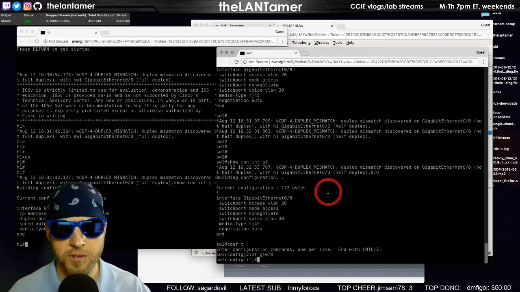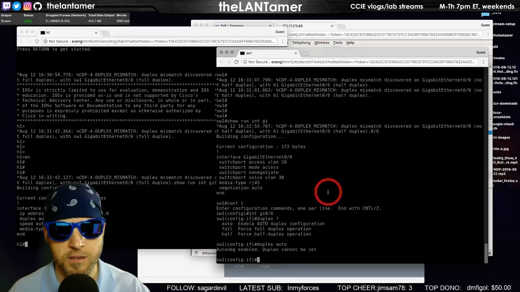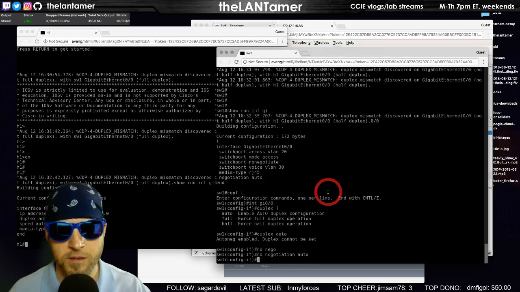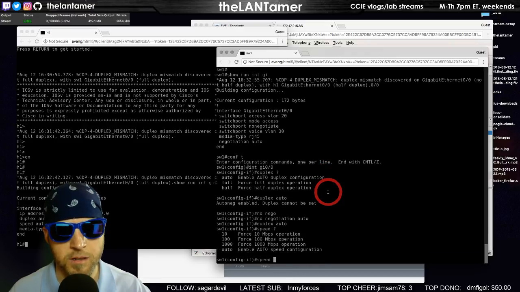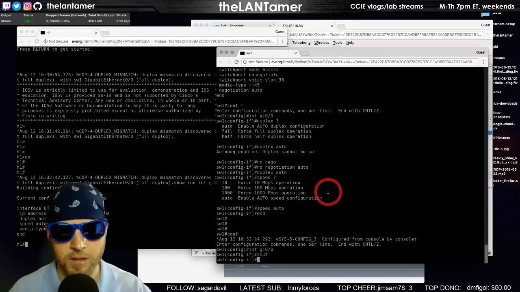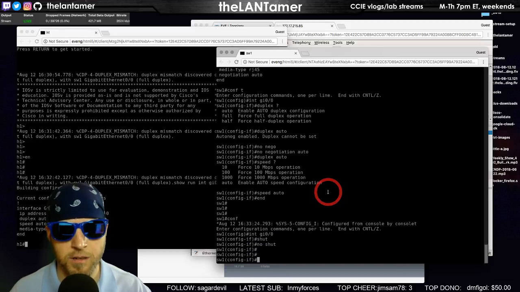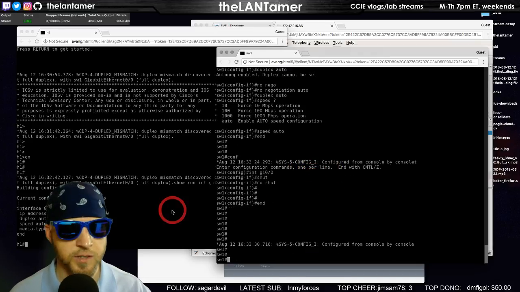Interface GI0/0, duplex auto, negotiation auto. So that's odd.